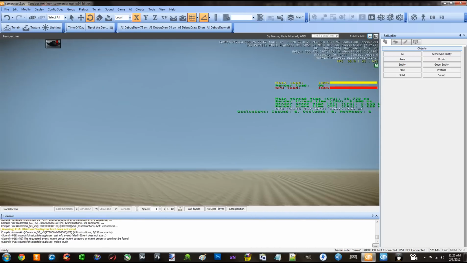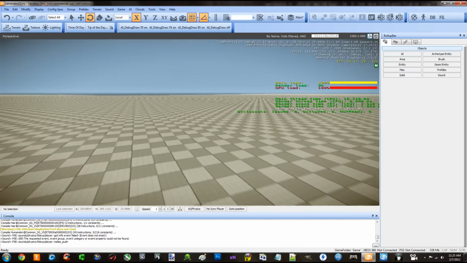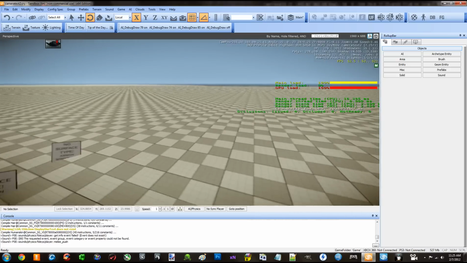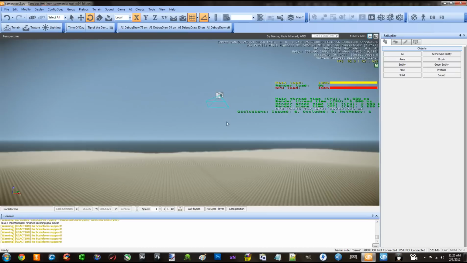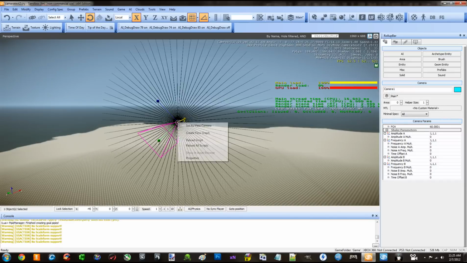Jumping in game, you can see that first of all, the camera is not rendered. You don't see it like you did in the editor. The camera is never rendered here, which you don't want. And I do not have the custom view that I have. In order to assign that view, you're going to need to create a flow graph. So go ahead and click on this, right click, and then